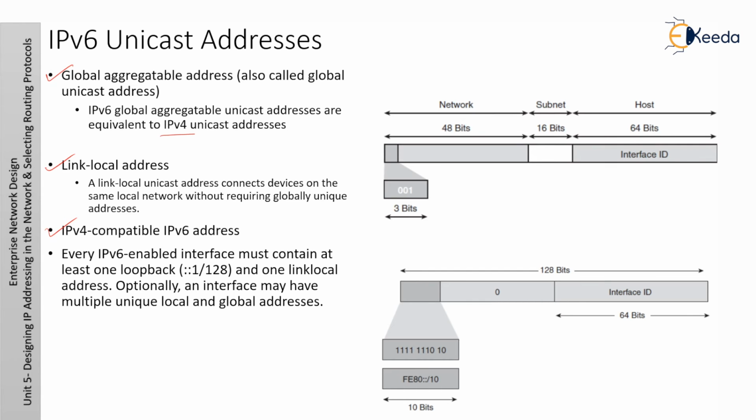Every IP version 6 enabled interface must contain at least one loopback address. This is denoted by ::1/128, and one link local address. Optionally, an interface may have multiple unique local and global addresses. So this is the thing. And now come to